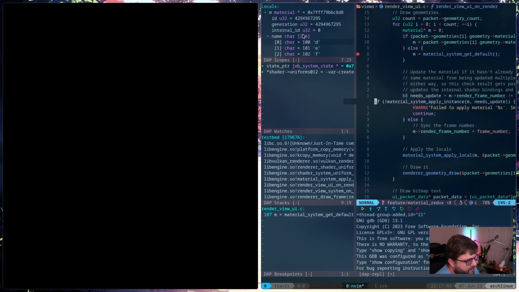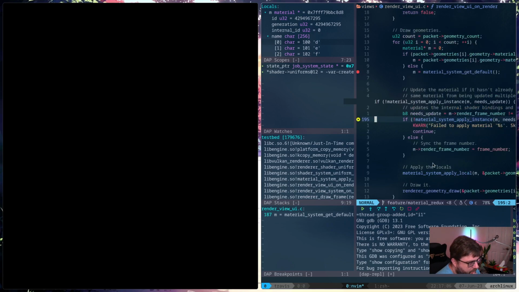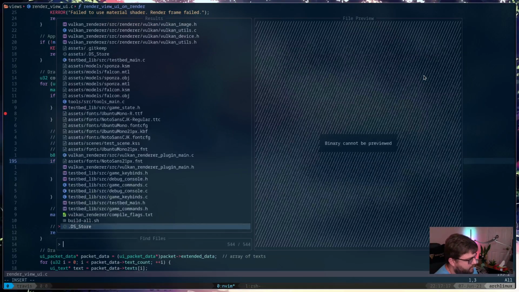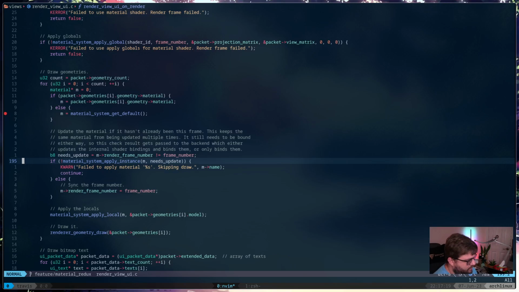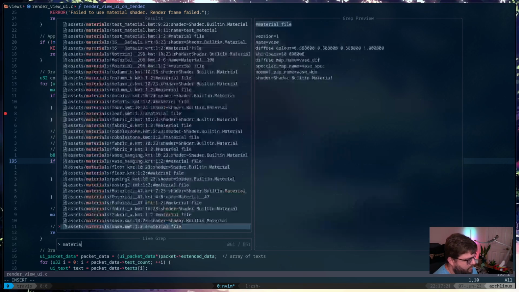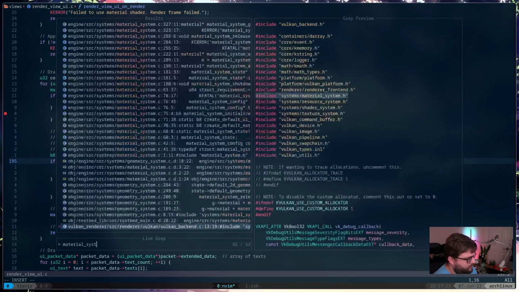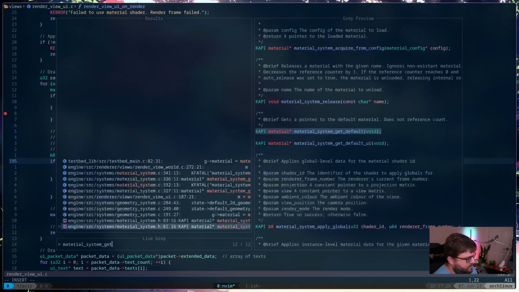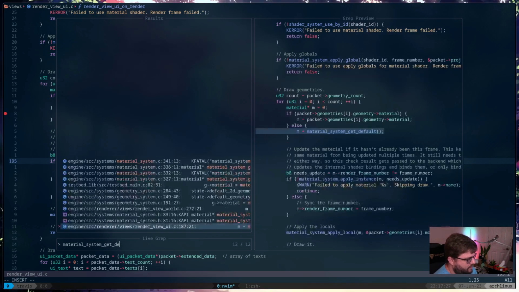Yeah, it's still got the default material, and it's getting that directly from here. So I guess I need to do another material system get default search. Material system get default.